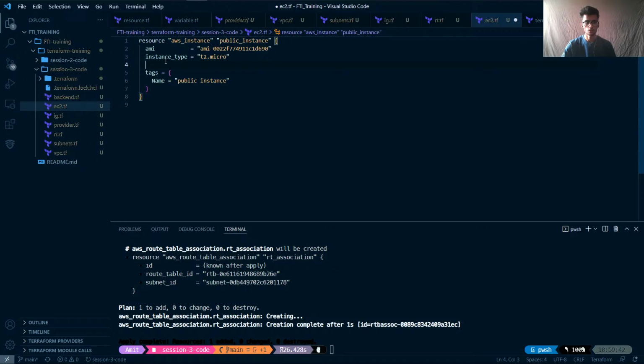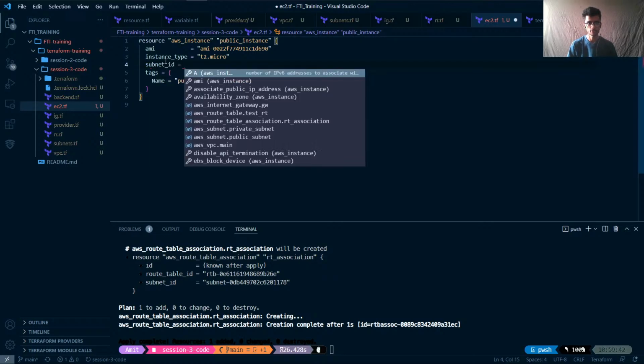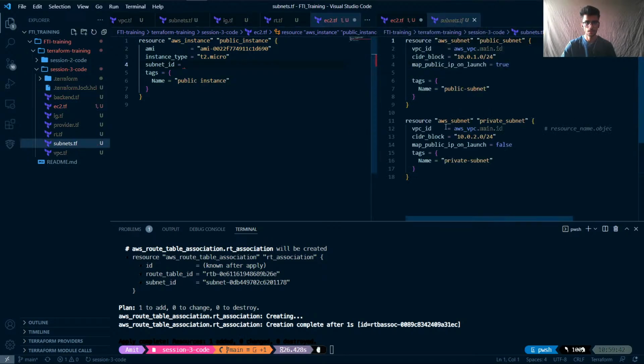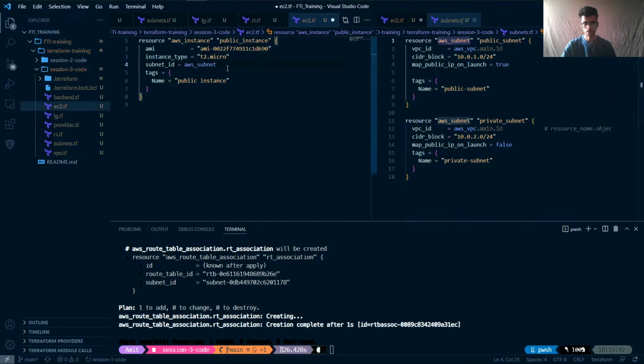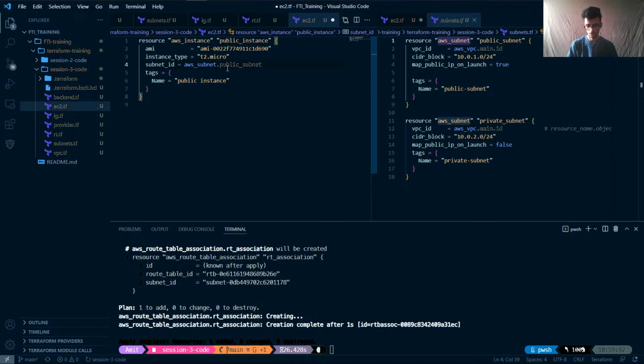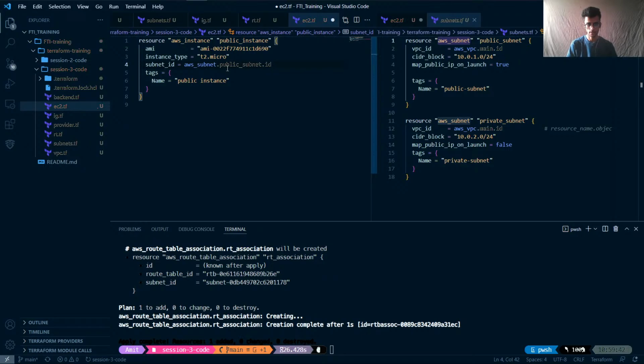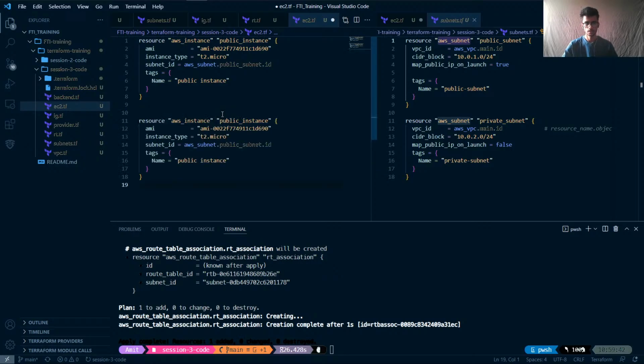Now I wanted to decide in which subnet this instance will be launched. So if you type subnet ID, and then which subnet you want. I will take the reference of this, go here in the subnet.tf, and this is my subnet name, dot your private or public subnet. So my public instance will be launched in the public subnet dot, and I wanted to retrieve the ID of it. Okay, now you can copy this and paste it here,